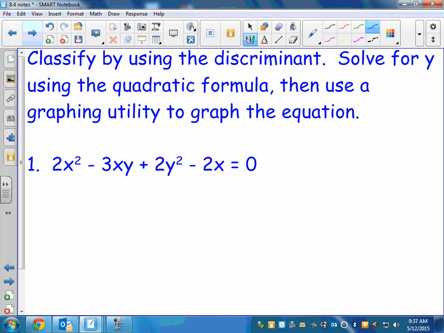It says classify by using the discriminant. That means based on the discriminant, you should be able to tell me what kind of conic section it is. And then we're going to use some graphing calculators to graph these. And we might not have enough time to do that today, which means tomorrow, I'm giving the ECA tomorrow, and